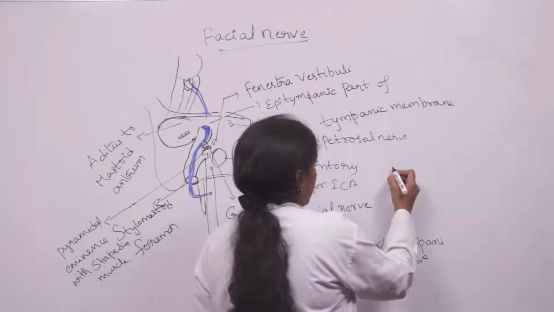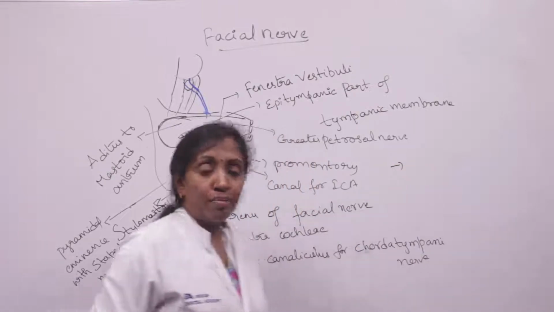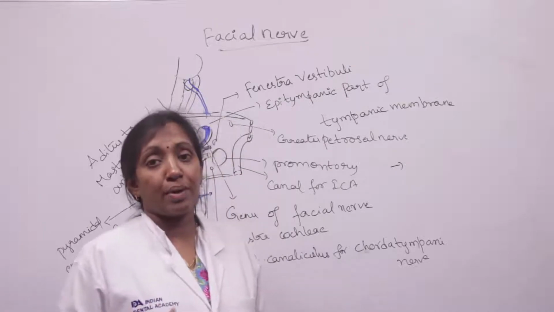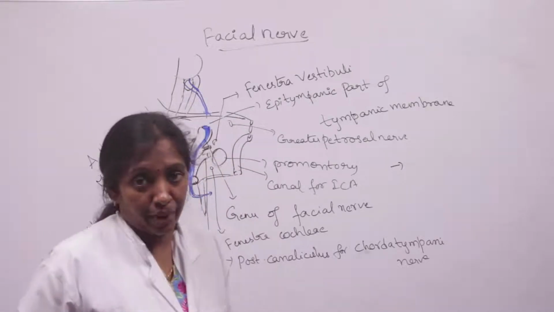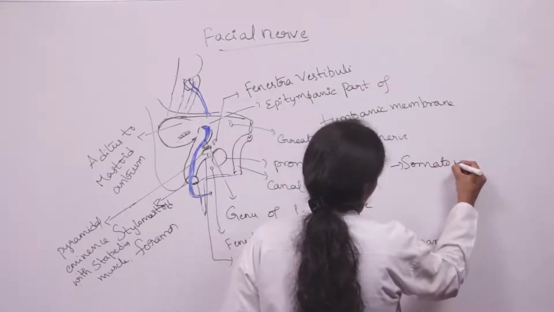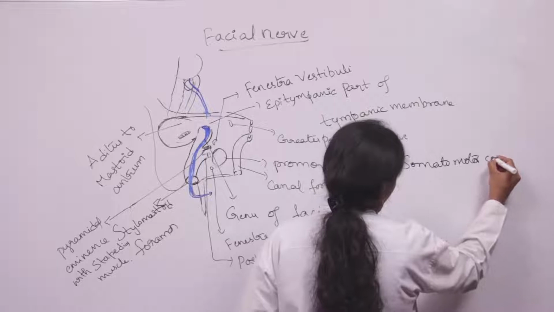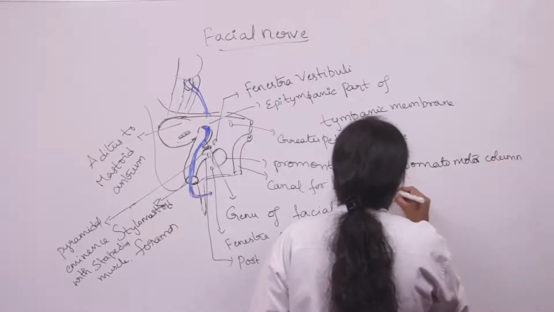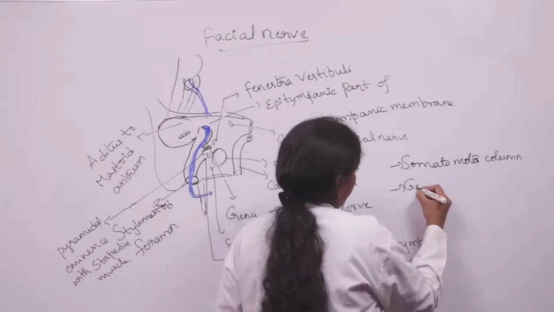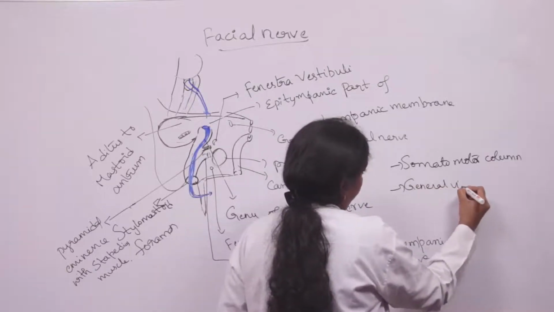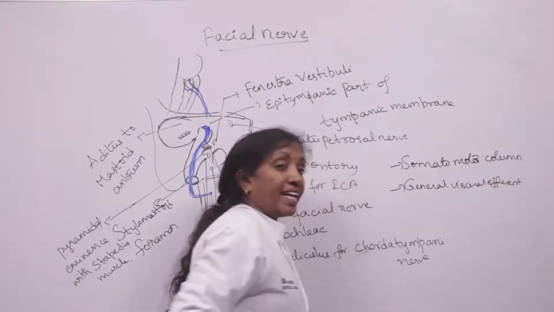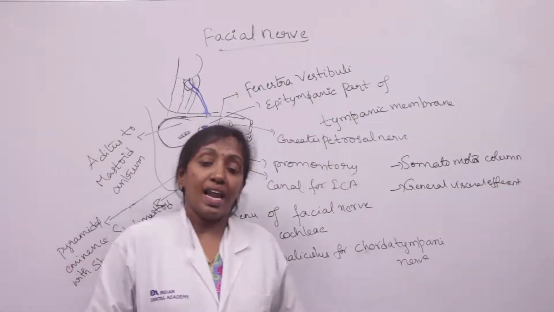They are nothing but the somatomotor column. Somatomotor column means it supplies the muscles of facial expression, the muscles which are derived from the second branchial arch. And the general visceral efferent column, which conveys preganglionic parasympathetic fibers to the lacrimal as well